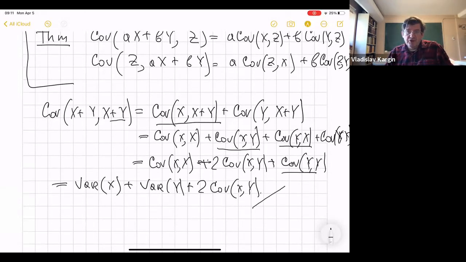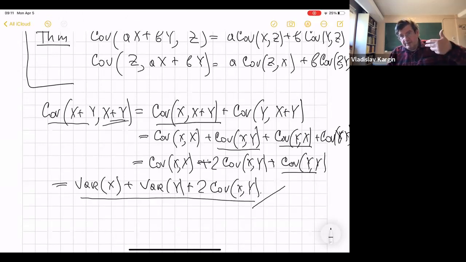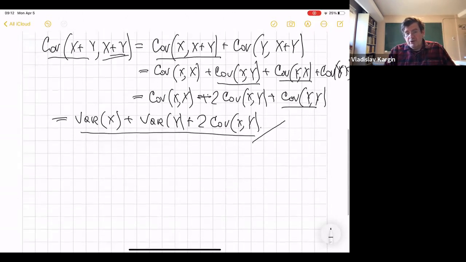And in general, you can see that covariance behaves like a product of two random variables. So we have here something like a covariance of x plus y, x plus y, right? And we've got something like a binomial formula. Variance is like a square of a random variable x, and covariance is like a product here. So here we'll have something like x plus y multiplied by x plus y is equal to x squared plus y squared plus 2xy. And so this is the main property of the covariance, that it behaves like a square. And so more generally,